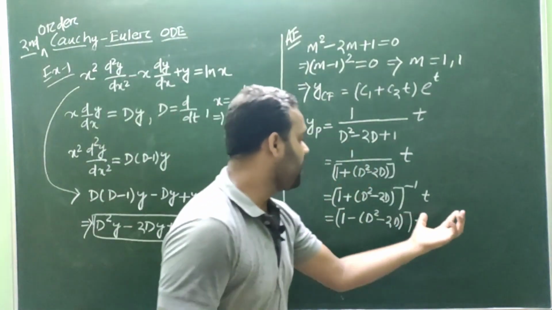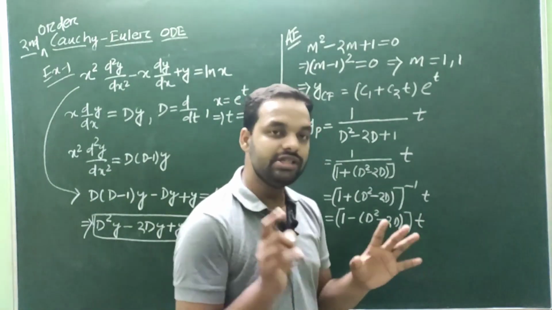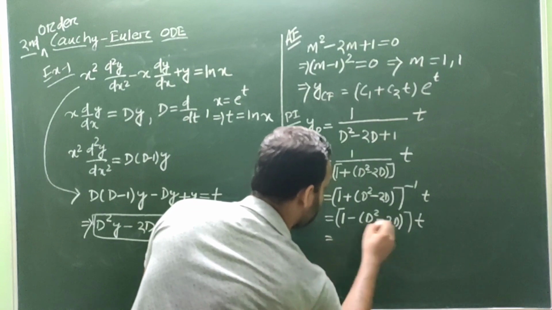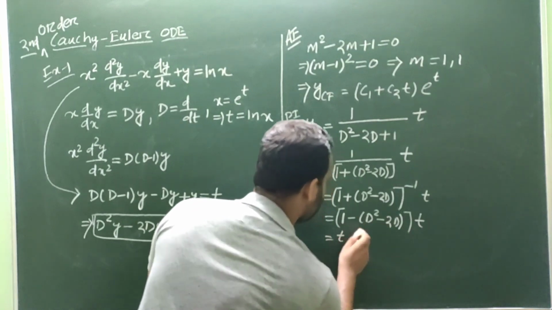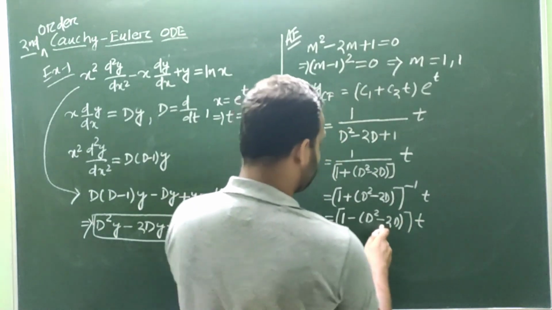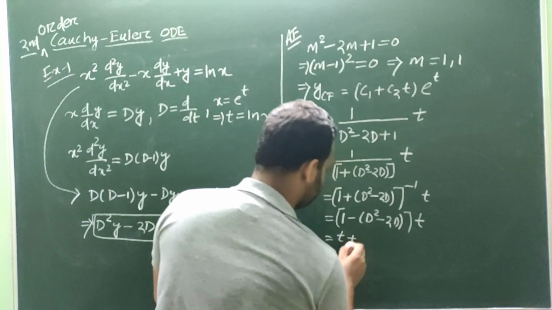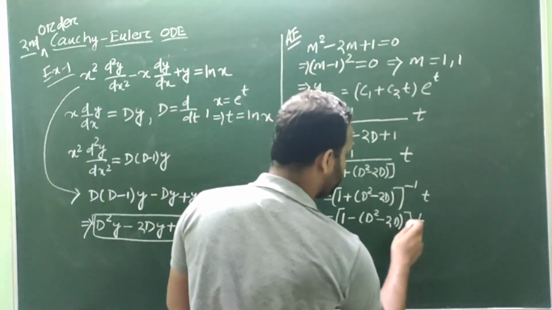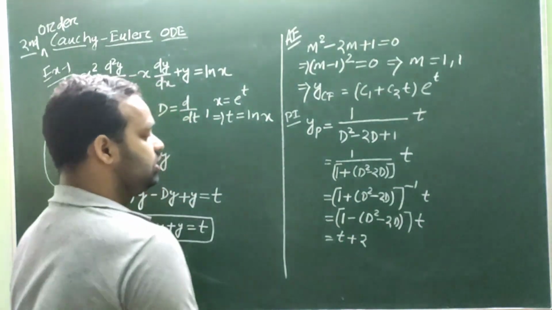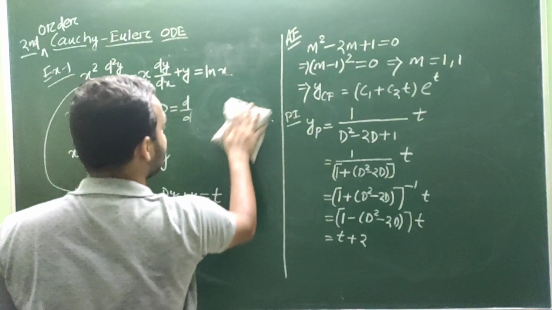Because if you take all the higher order terms, then this differentiation with t will be 0, right? So this will give you here 1 with t, minus the second order differentiation will be 0. So we will only take 1 and 2D. Minus minus becomes plus, plus 2 into the first derivative of t, that is 1 into 2. This is t plus 2. Now the final answer you will get here,